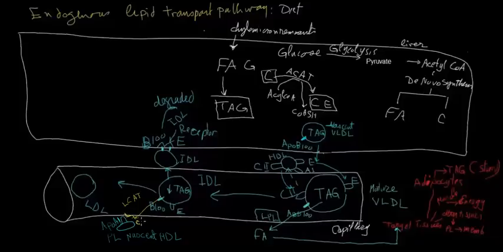So cholesterol is going to be converted into cholesterol ester, and lecithin is going to be converted to lysolecithin. Most of the cholesterol ester which is generated is going to be uptaken by the nascent high